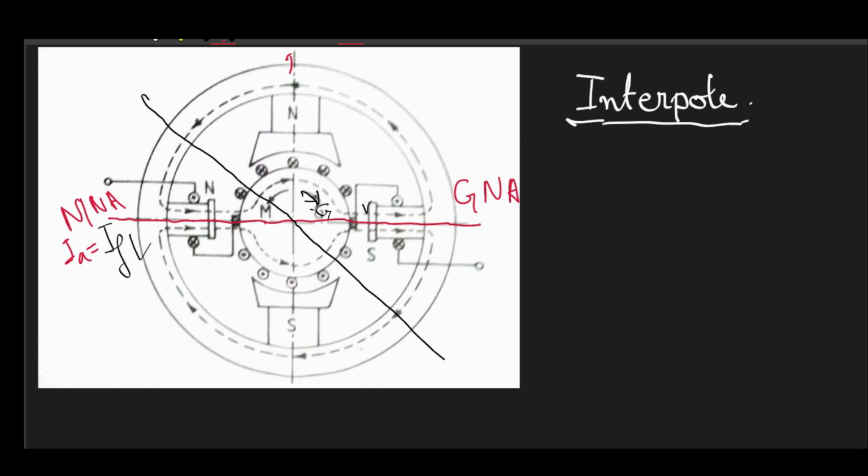So that is why, in case of a generator, we should wind the interpole in such a manner that it provides the polarity of the leading pole tip, right? Why? Because in case of a generator, armature reaction has a tendency to extend the magnetic field of the trailing pole tip. Like in case of a generator, if we draw it,